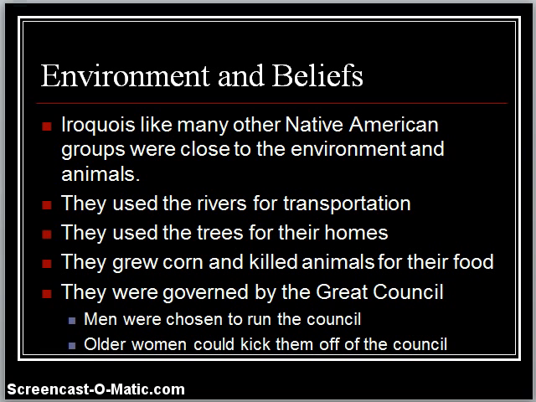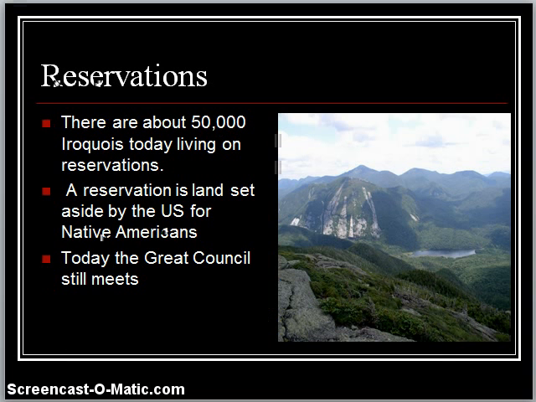Now, they were close to their environment, not necessarily meaning that they worship their environment, but meaning if they change their environment, they're going to use it. So whenever they kill an animal, they don't kill the animal and use part of it, they're going to use everything that they can on that animal. A lot of you may say, well, what could they use the blood for? The blood of an animal was typically used to dye their clothing or to change the color of their clothing so that they could make their clothes prettier, pretty much.